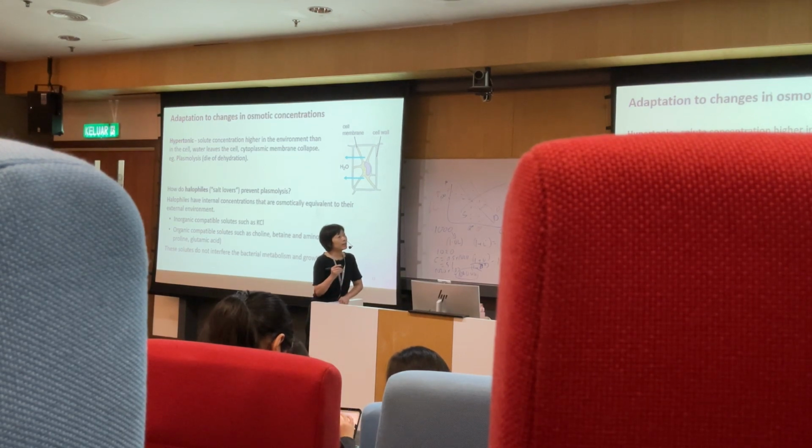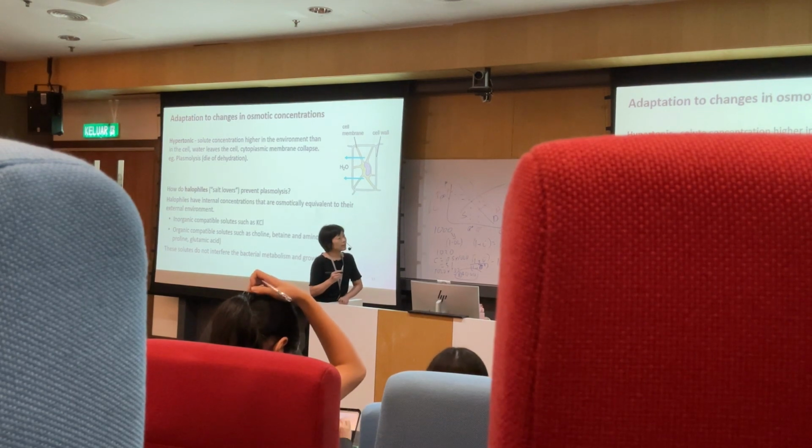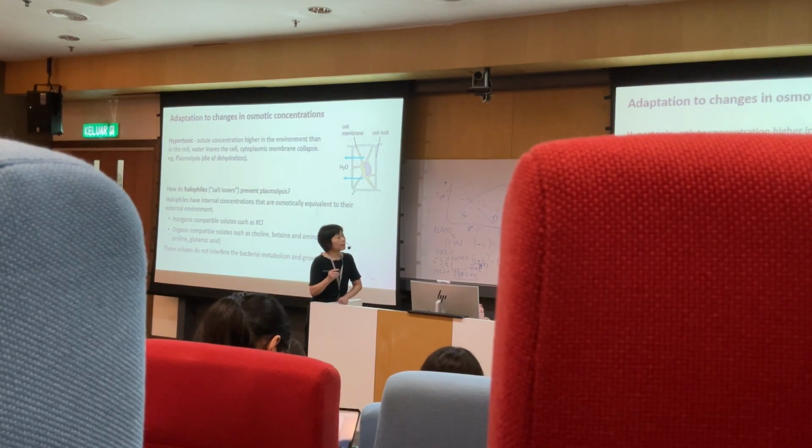How do they do that? If you have high concentration, wouldn't it be affecting any mechanism that happens in the cells? Therefore, they will have compatible solute, they call it compatible solute. Because these compatible solutes, including inorganic or organic, wouldn't affect the bacteria's metabolisms and growth. So their presence will actually balance out the concentration inside and outside, but at the same time they are not affecting the